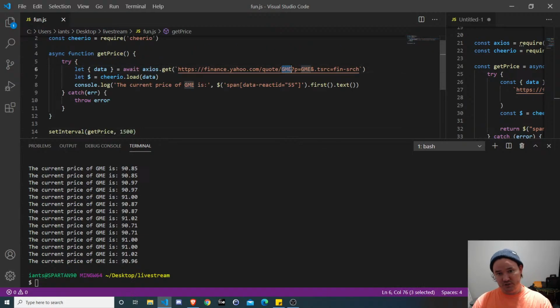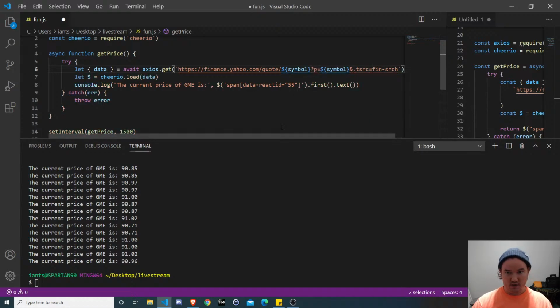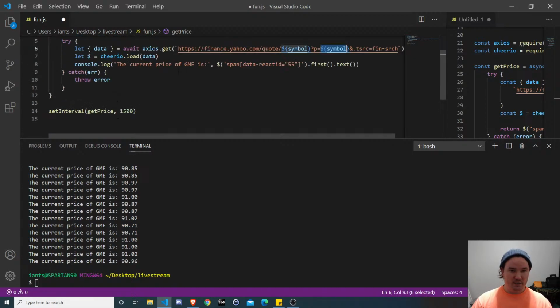So in this case, we've hard coded GME. Well, what if we go in here and we just put symbol. Now I can use this syntax here. This is template literal syntax where I can inject variables because the string is wrapped in a backtick as opposed to a single quote or a double quote. So we use that $sign bracket and then variable name and then close the bracket, and we do it again here because it appears twice. And then one more time here. So we'll say symbol, and note that these are single, so they need to be changed to backticks.